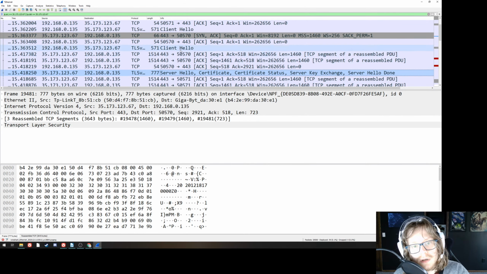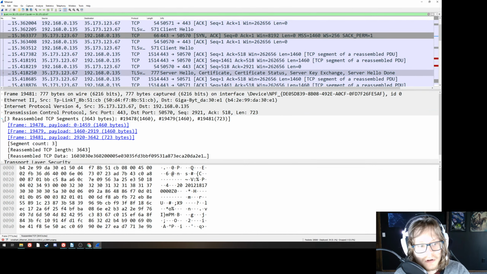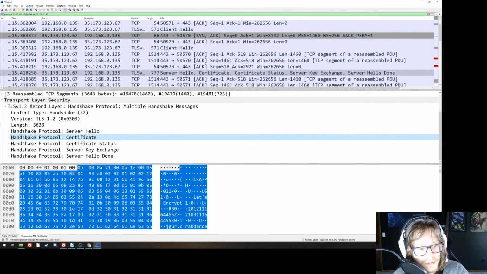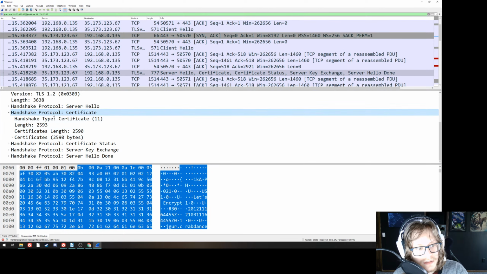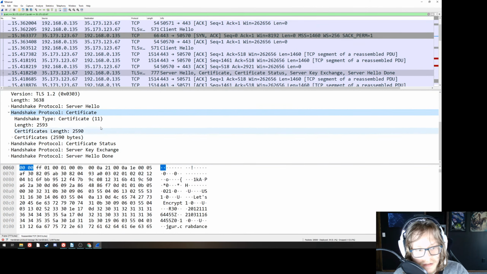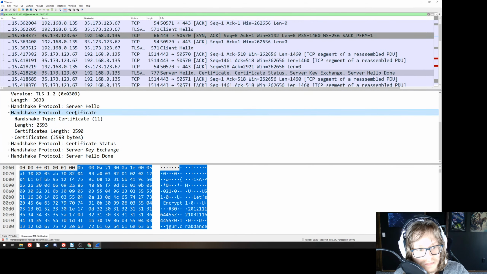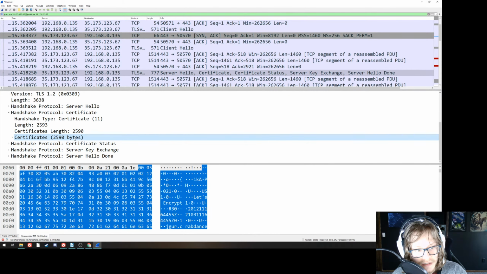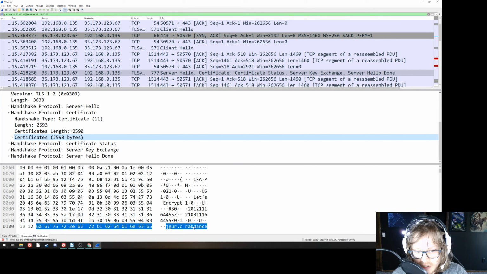So here you see in Wireshark the server hello, certificate, certificate status, server key exchange, and server hello done, all bundled into the same message. Let's see if we can find the certificate here. Yep, there's the old certificate. I'm going to just look at its contents as bytes here. In Wireshark, you'll notice, come on, highlight it for me. There we go. You'll notice